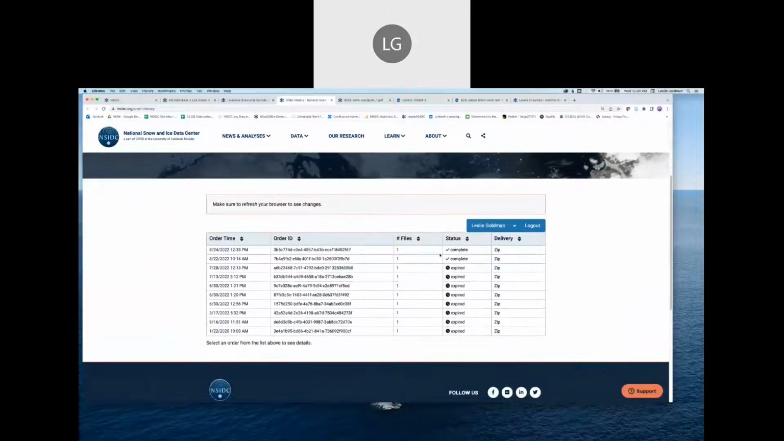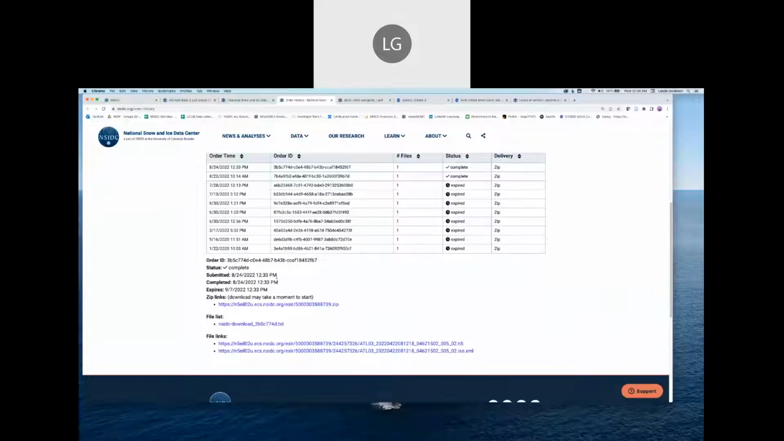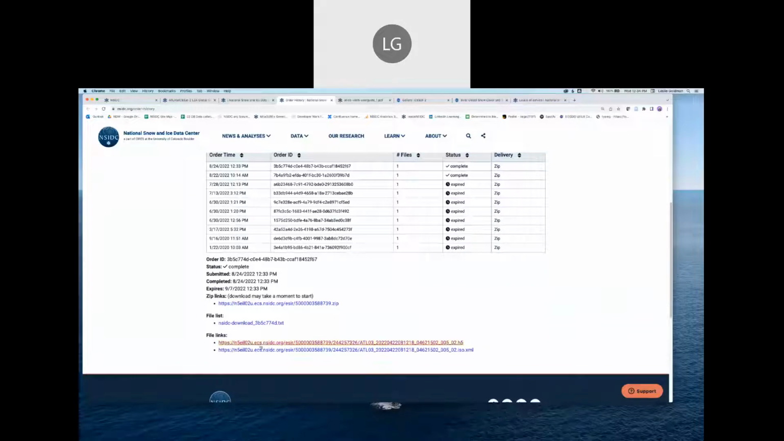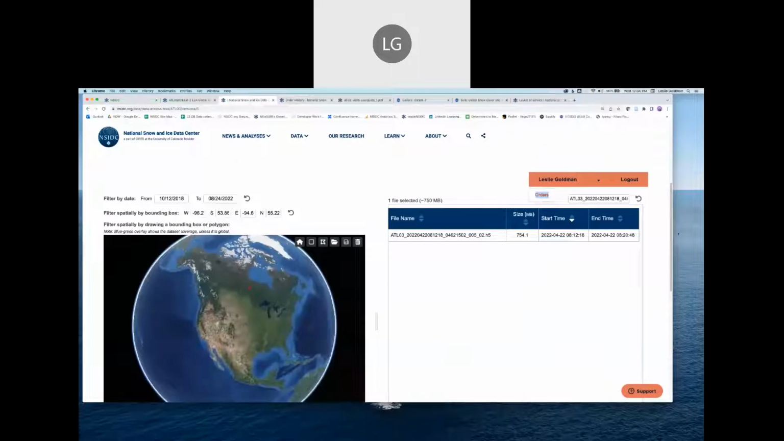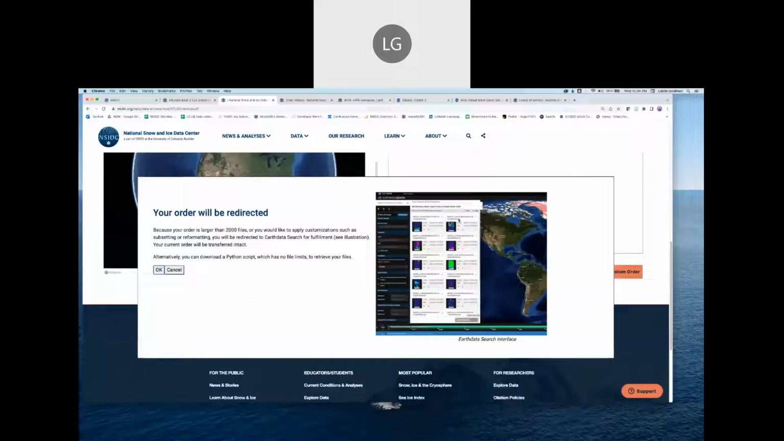You can see that I've downloaded things in the past. This is our most recent one here, 8/24/2022, 12:30 p.m. If you click on the row, it expands information below it where you can then have options to download the data. If we go back to the tool and you click on large custom order, this will redirect you to